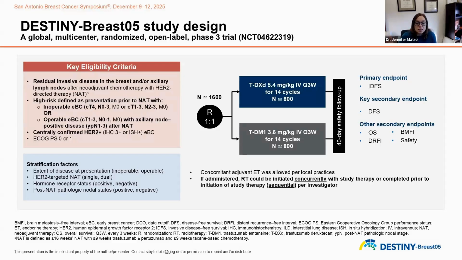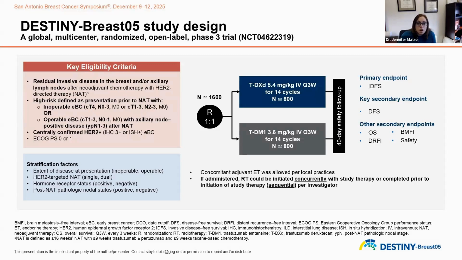We give a drug called Kadcyla, which was actually the first antibody drug conjugate that made its appearance here in breast cancer treatment. And that was shown to be very beneficial. It sort of cured a few more patients with that drug. One of the downsides about Kadcyla is that it doesn't get into the brain very well. And so it doesn't change as much the risk of CNS recurrence, but it does reduce the risk of overall